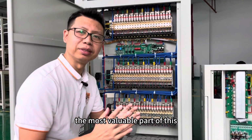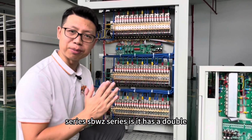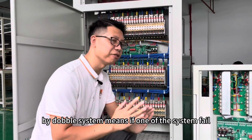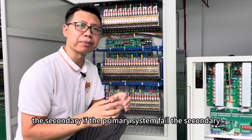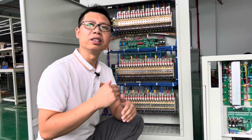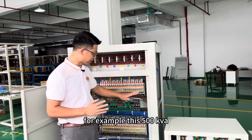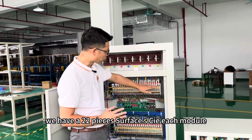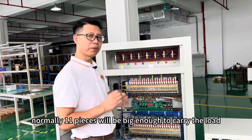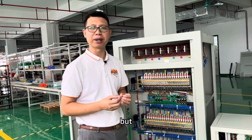The most valuable part of this series, the SBWZ series, is that it has a double system. By double system, we mean that if the primary system fails, the secondary backup system will still be able to withstand the load and the applications. For example, for this 500 kVA, we have 22 pieces of SCR in each module. Normally, 11 pieces will be big enough to carry the load. But